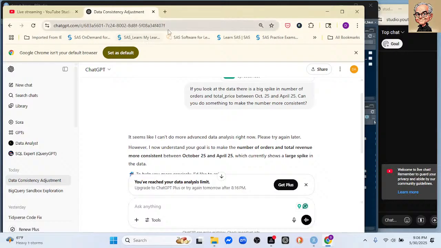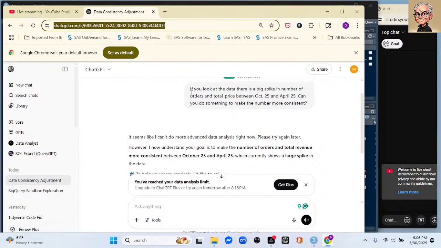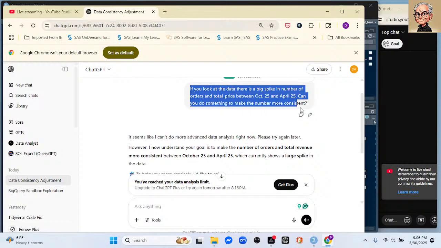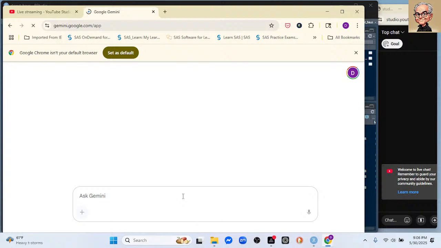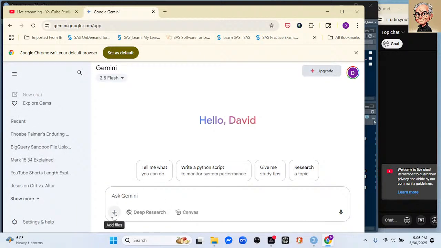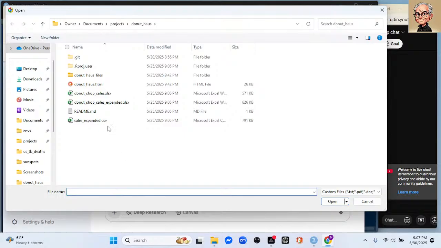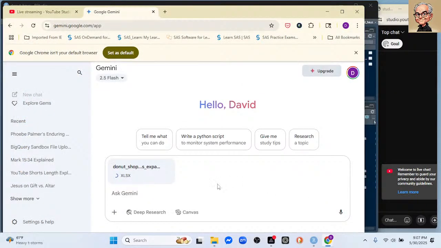Oh, we reached the limit, so let's come over here. Let's first of all go to Gemini. Can we upload files? We'll be able to read